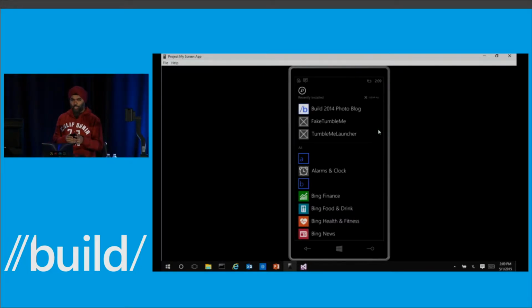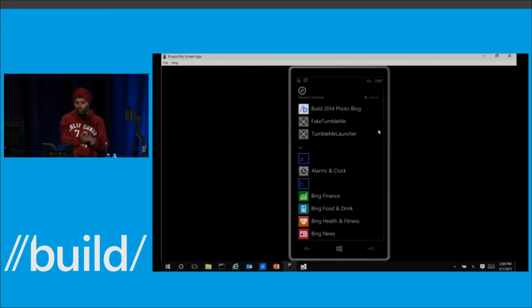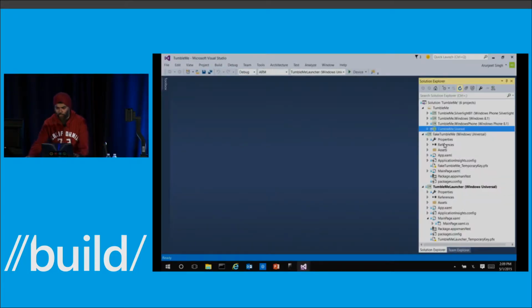And then we've got a third app called TumbleMe Launcher. And all it does is it tries to launch TumbleMe. It tries to launch the Build 2014 Photoblog app. But look what happens. You get a picker. And depending upon what choice the user makes, they might end up in the right place, or they might not end up in the right place. Okay, so let's switch back and figure out how we might fix this problem.